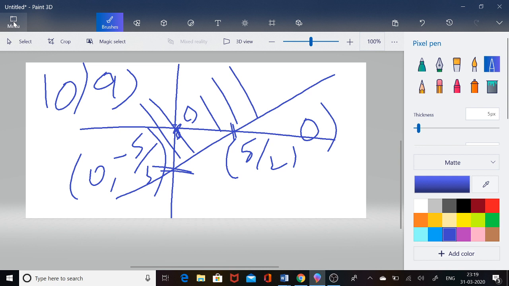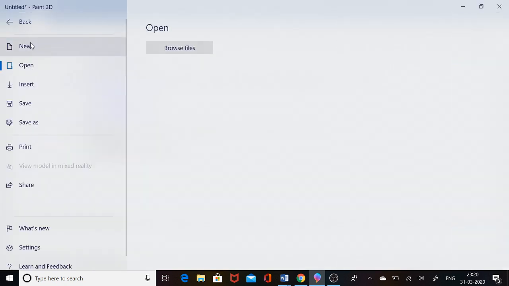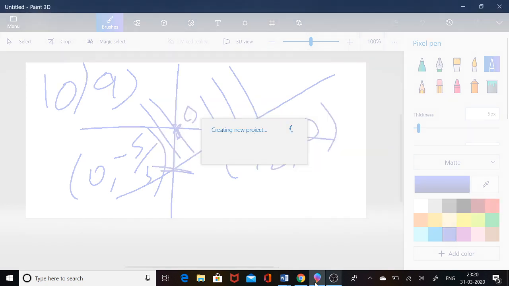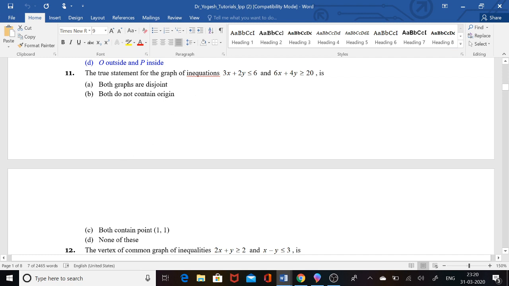So 10th is A. Okay. Come to the 11th one. 11th answer says, the true statement of the graph of an equation 3x plus 2y is less than or equal to 6, x plus 4y is greater than or equal to 20, is